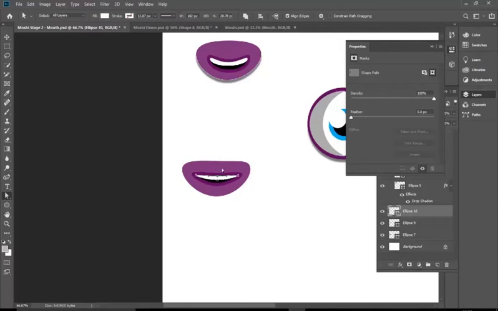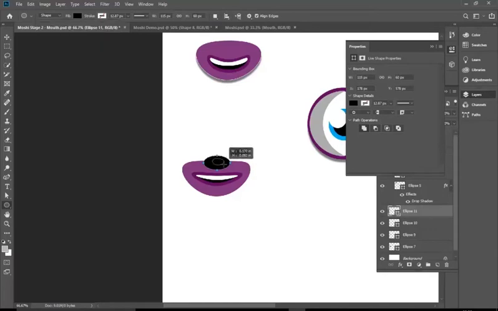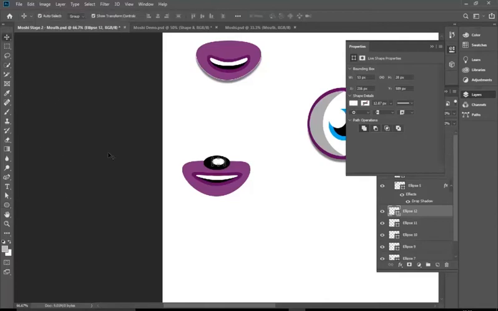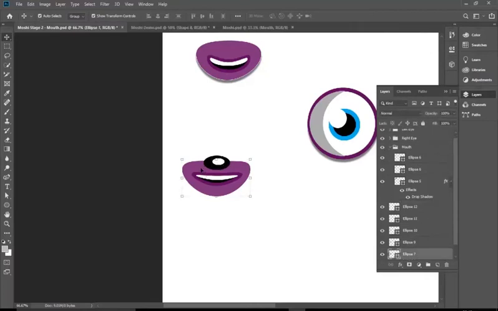And then there was a nose piece on here as well, and I think that went something like, we had a black oval shape on there, and then in the middle it had a white one, so it looked something like that. Now this at the moment is all different